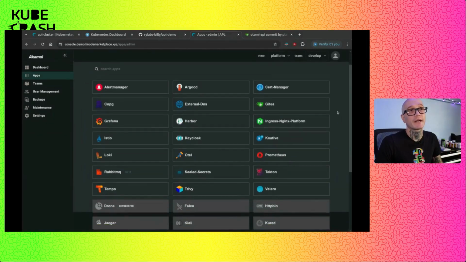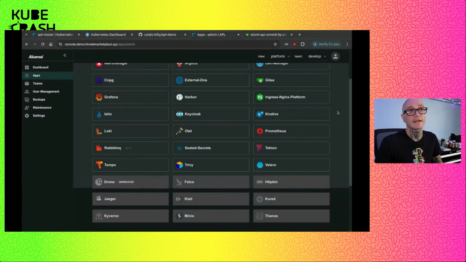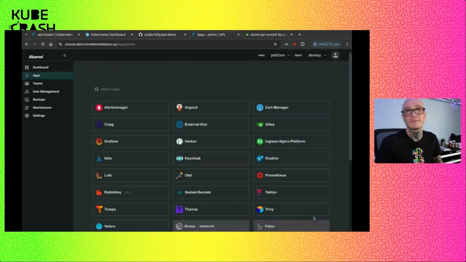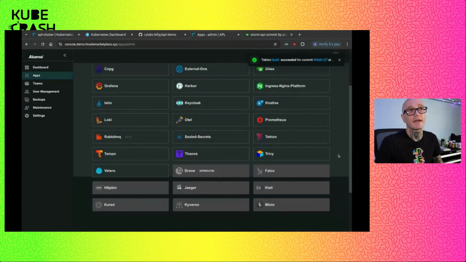There was one that I forgot or after the fact want to flip on once I'm logged in here. I can simply just click this on button. It's a user action. It's something that we're writing. So we have another pipeline that writes to our Git repo. And now we have added Thanos.